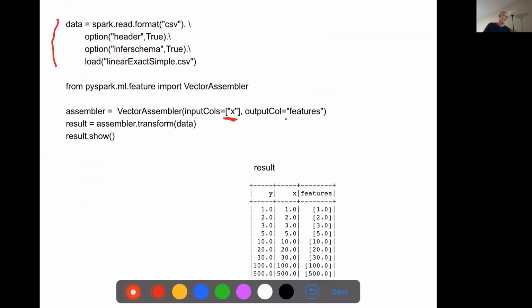It's pretty common to call it features. And then we can just call transform on our Spark data frame. And here's the result, right? Here's our independent variables, our X, and our features.